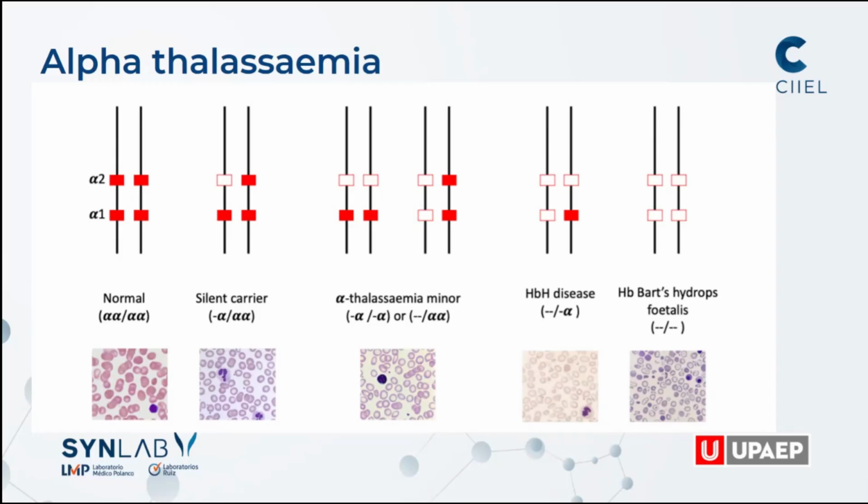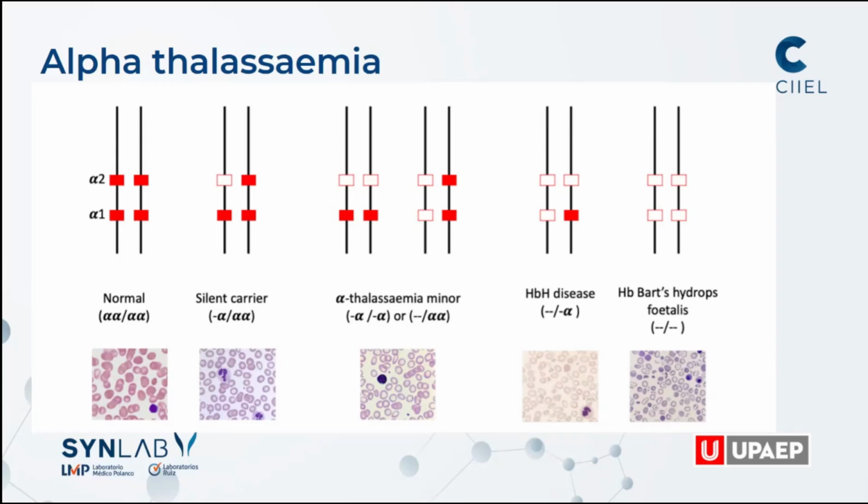There are also then 2 types of alpha thalassemia minor carriers. As you can see, you can either have 2 genes deleted, 1 from each chromosome, as with this picture on the left, or 2 genes deleted from 1 chromosome. The overall complement of alpha globin genes is still 2. So there's not a hugely overt clinical phenotype, but again, there's a slightly more severe microcytosis and slightly more severe